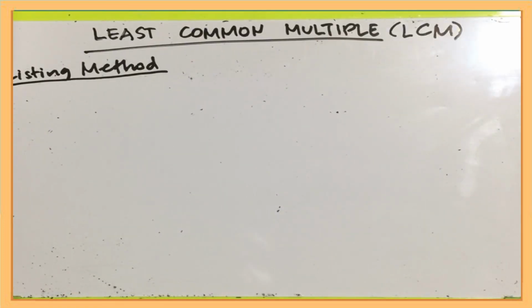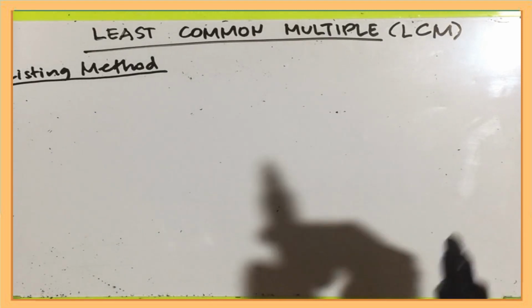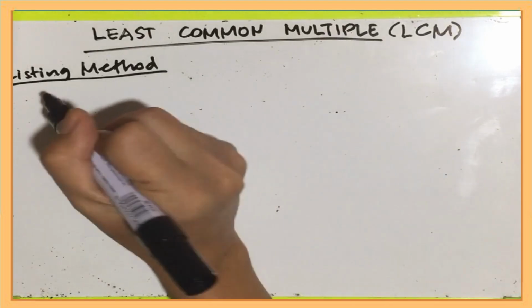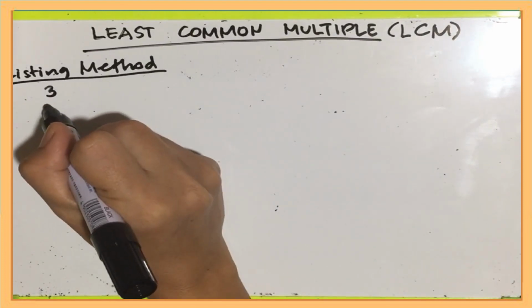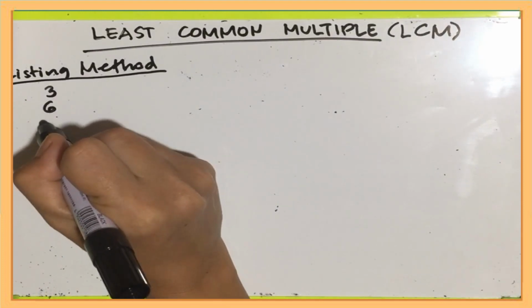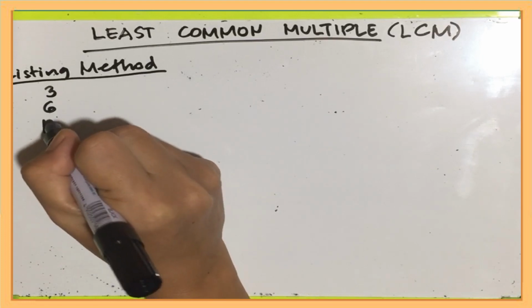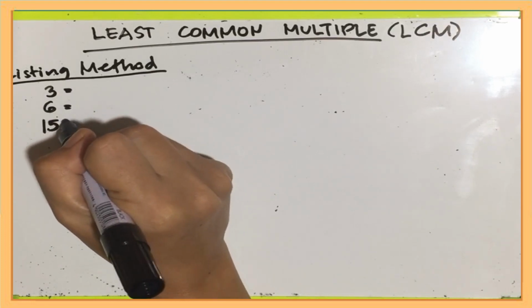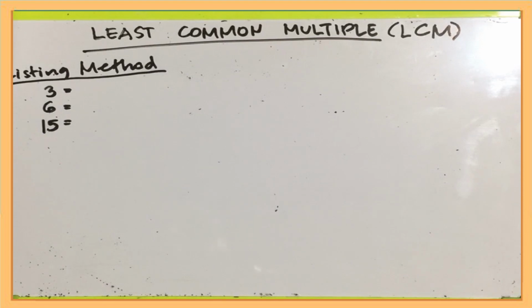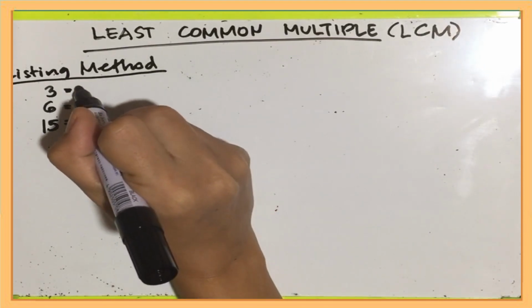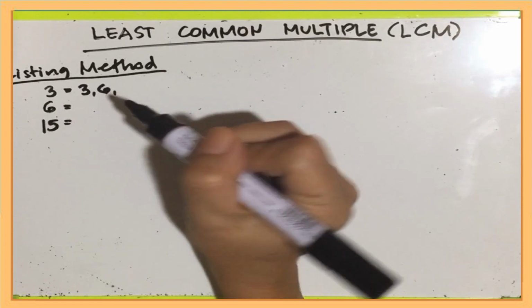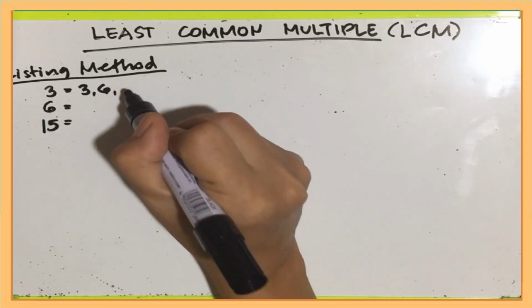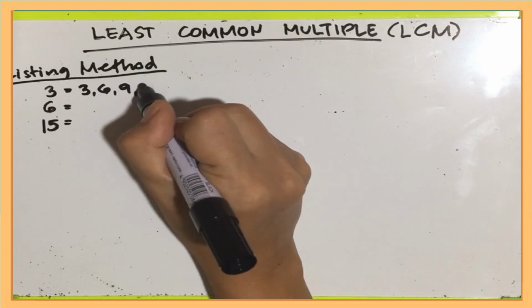Let us have another example. We have 3, 6, and 15. Let us have the multiples of 3. 3 times 1 is 3. 3 times 2 is 6. Let's just keep counting. 3, 6, 9, 12,